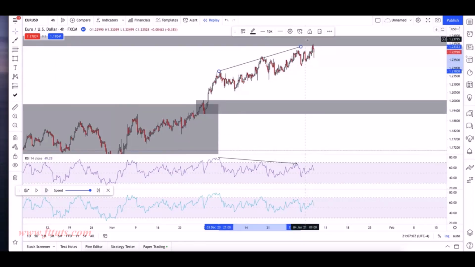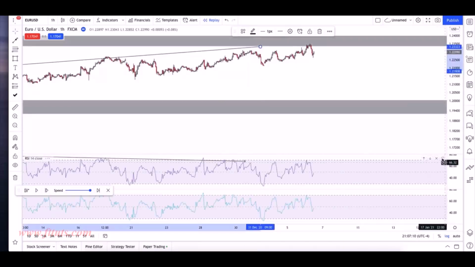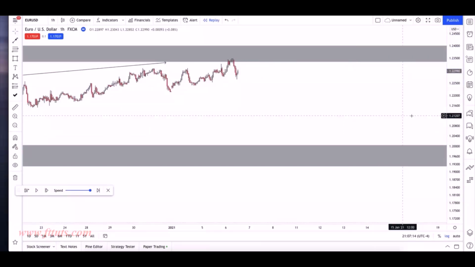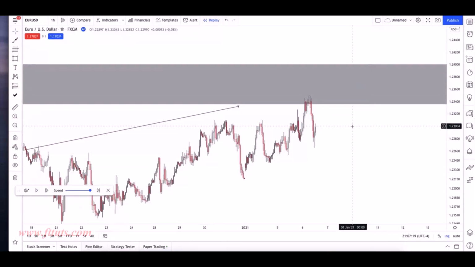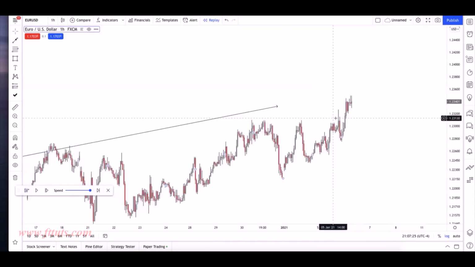There it is. Now once price has tapped into that zone, we head over to the 1 hour time frame. Now let's get rid of our RSI. Sweet. So now that price has tapped into that area of supply that we had marked out on the daily,